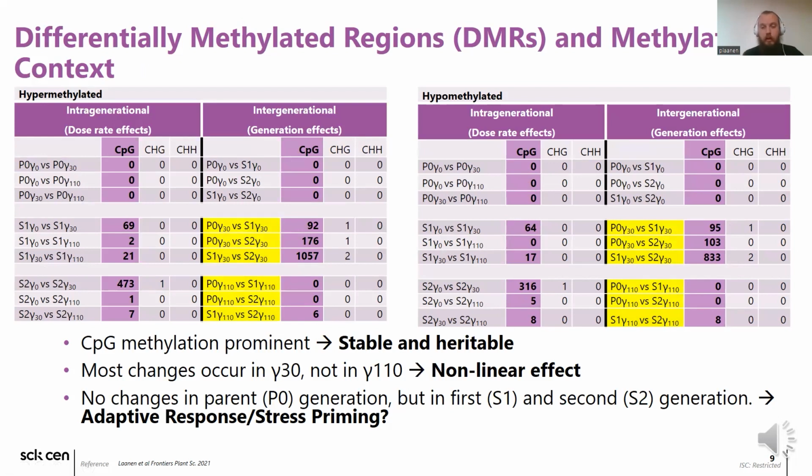This has also been seen in other studies in which plants shift from a more acclimating to a more survival kind of strategy. However, we're not certain yet. Lastly, also here we see that no changes occurred in the parent generation, but in generation 1 and 2, indicating that there is a need for an initial exposure to the stressor to have an effect on the following generations, possibly seeing a form of stress priming, which has also been seen as a result of UV radiation and cold stress in plants.